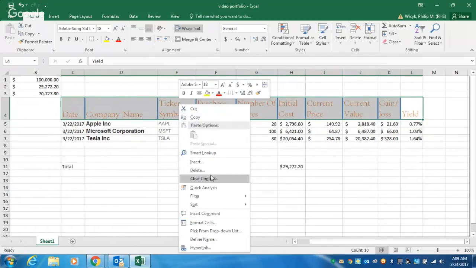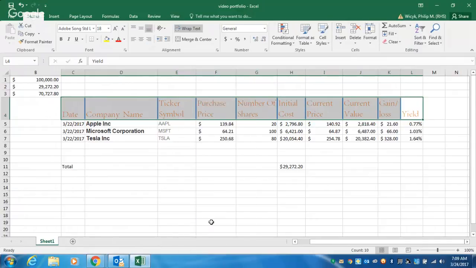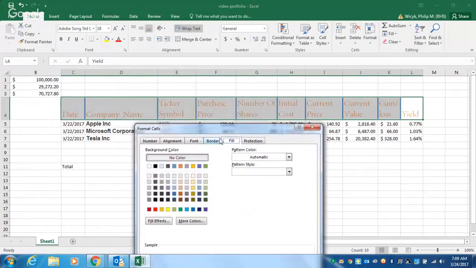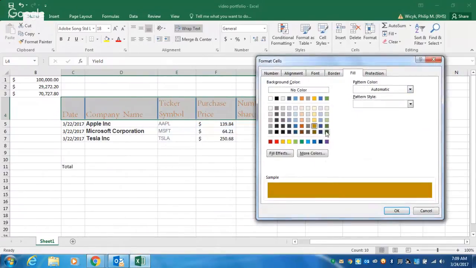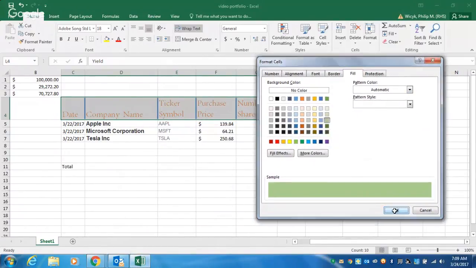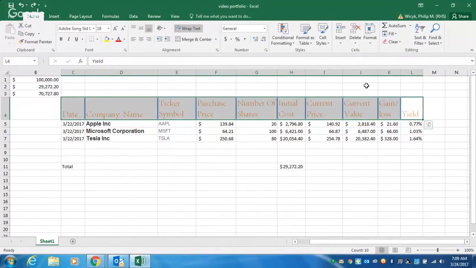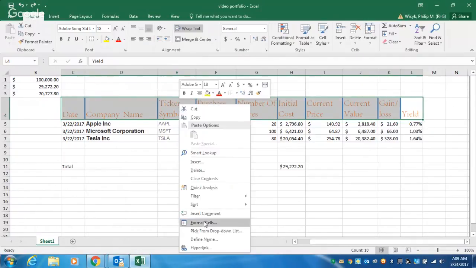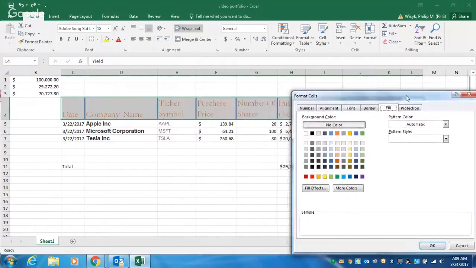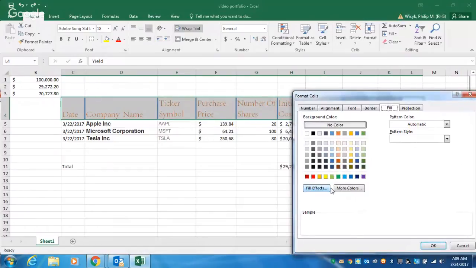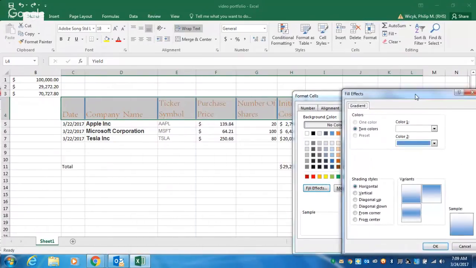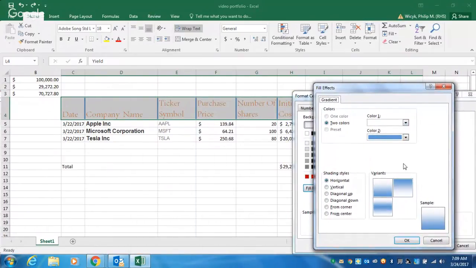And then I'm going to go back in, and I'll show you how to do a fill right here. Now you can do just a normal fill, and there's an example of what it's going to look like down here. So if I just did that, it would color in the fill of your columns. However, I know a lot of you guys like to be more creative. You can go to fill effects,